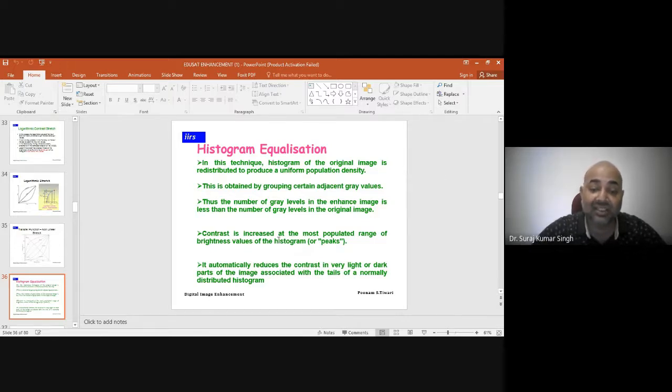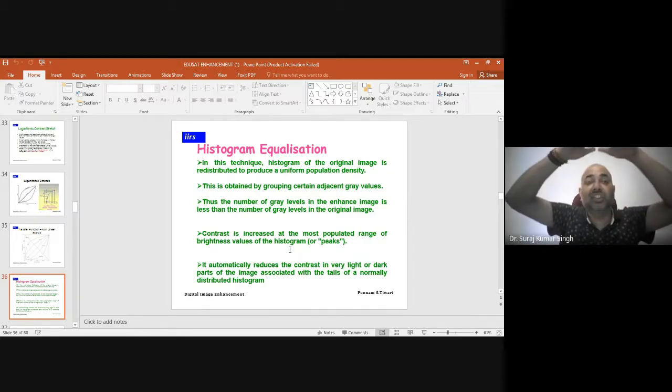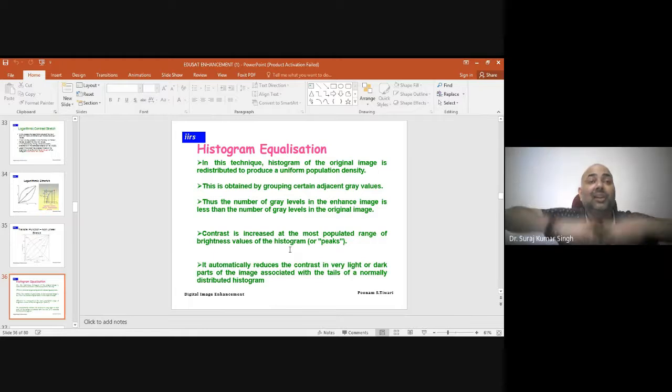The contrast is increased at the most populated range of the values of the histogram, or the peak. So if you have a histogram that has a maximum peak, the brightness value will be highest towards that peak on the image because it highlights the features which are at a peak at a higher portion.